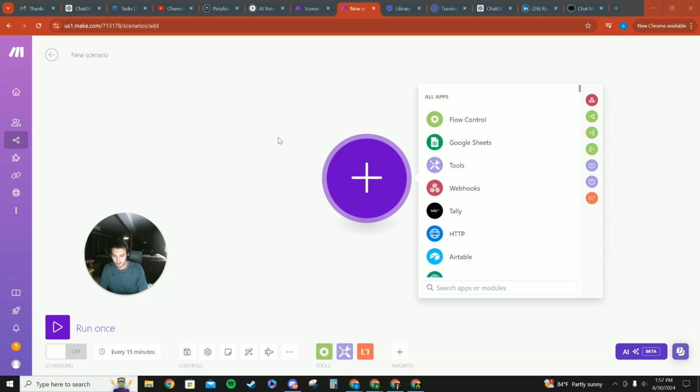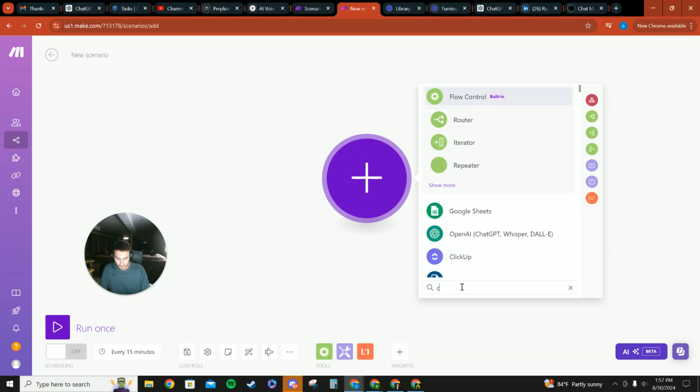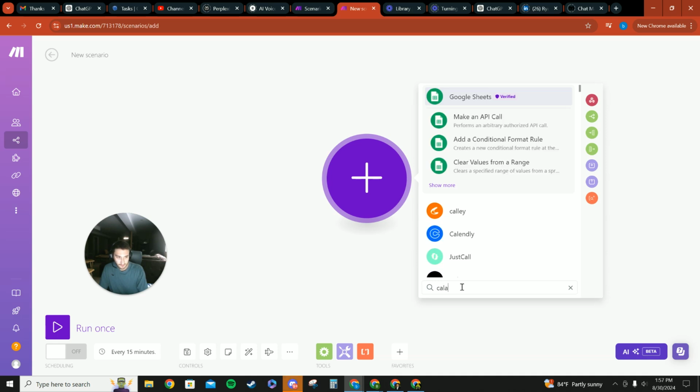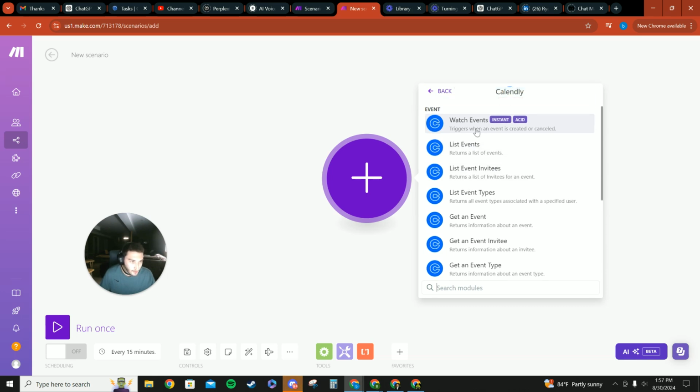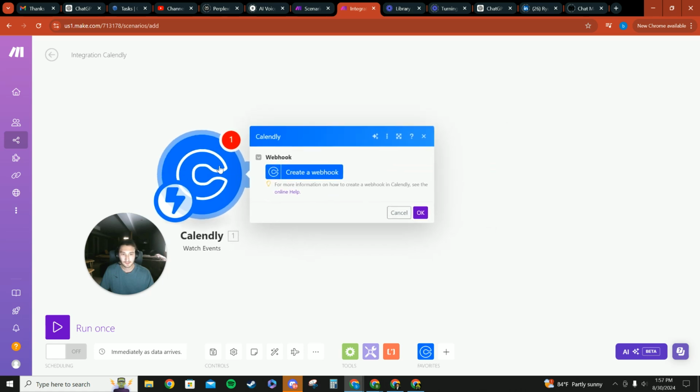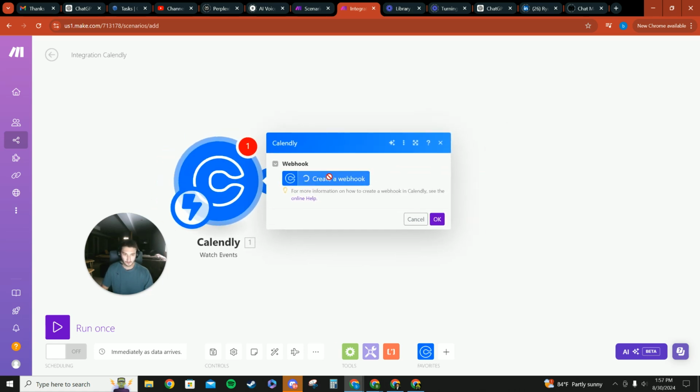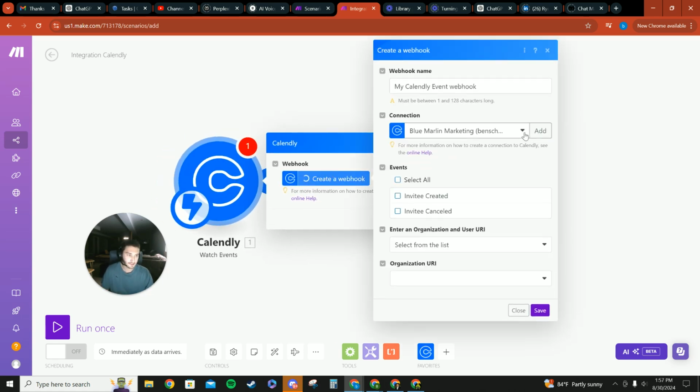The first thing I'm going to do is type in here, get our Calendly. Calendly. And then we're going to say triggers when event is created, or catch that one. So what this is going to do is create a webhook, and I've already done this, but all you're going to want to do, and it's going to link to your